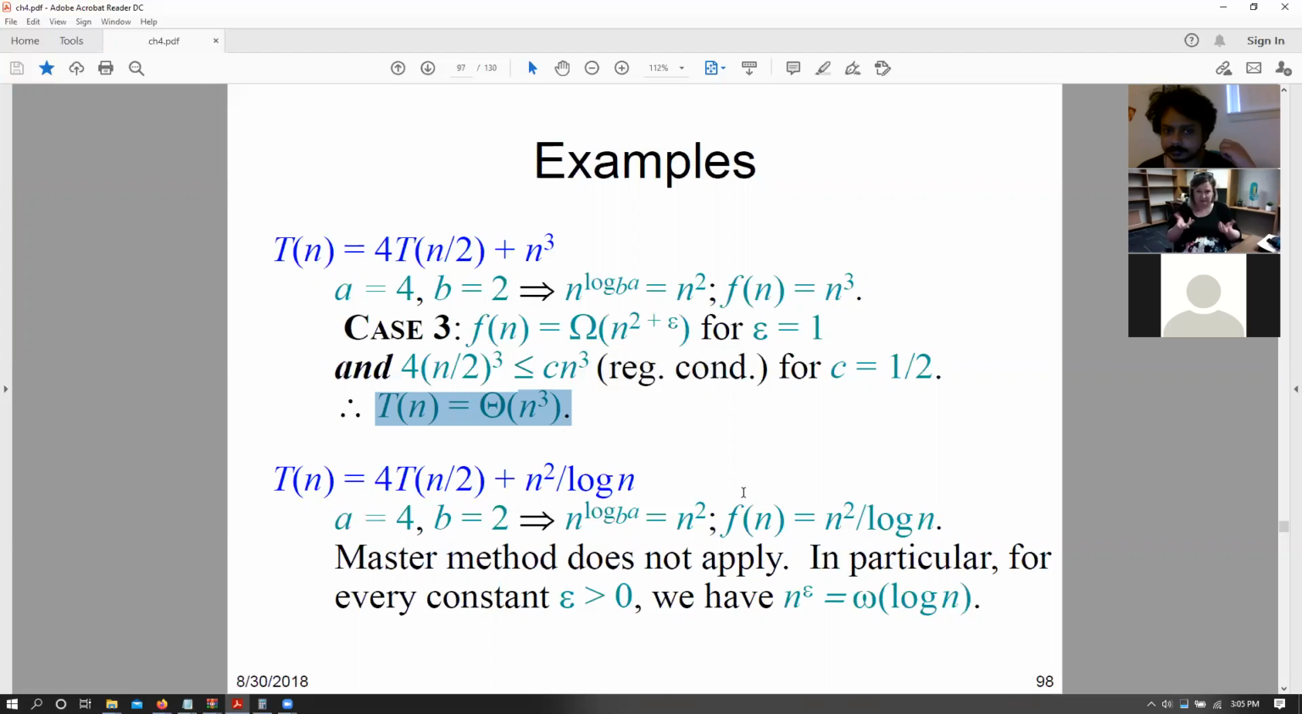So in this case, f of n is dominating our n to the log base b of a. So then that's going to be case 3. Or well, it's dominating by some constant, yeah. Constant, right? So then automatically